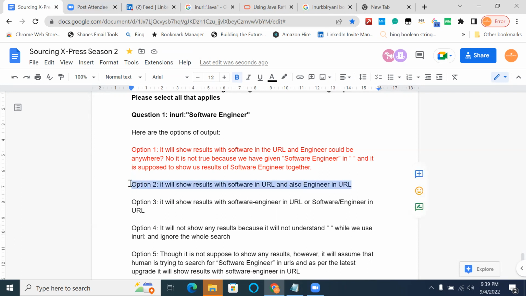Right. It's not saying it has to come together, it is directly asking whether it will come in the URL or not. Yeah, it's true then. Software is coming in the URL, engineer is also coming in the URL.